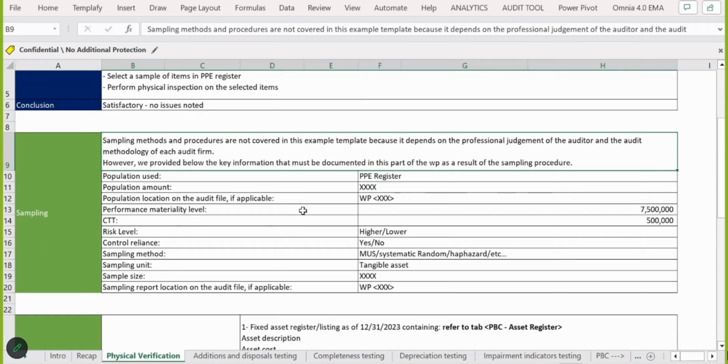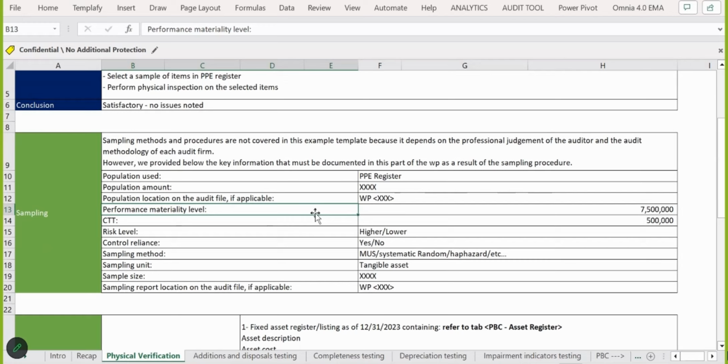And then you need to document what performance materiality level you have used in the sampling procedure, the clearly trivial threshold, risk level, control tolerance, approach, and then the sampling method that you have used. There are a couple of sampling methods that you can use out there. Some of them may be monetary unit sampling, systematic random sampling, and manual random sampling. There are a lot of other examples of sampling methods that you can use. Again, it depends on the audit firm that you're working for. And then what is the sampling unit that you're using here, and the sample size,